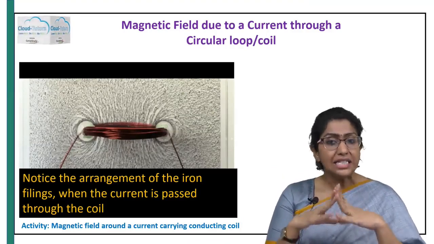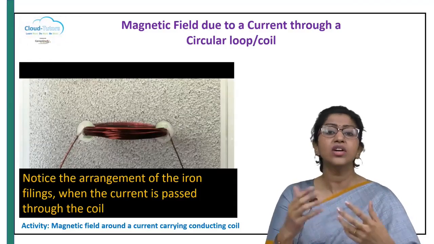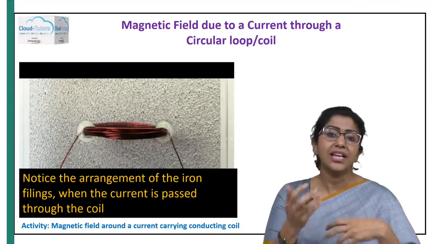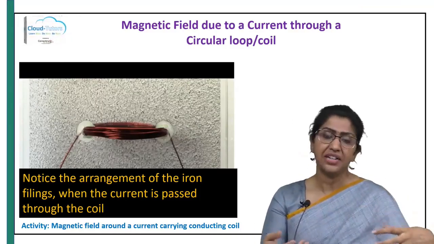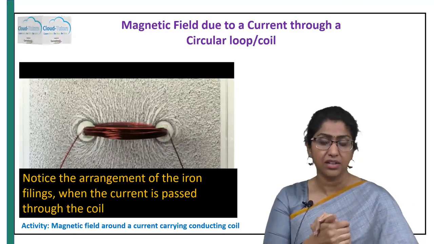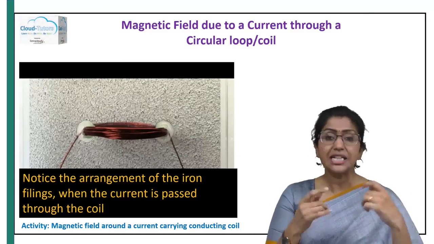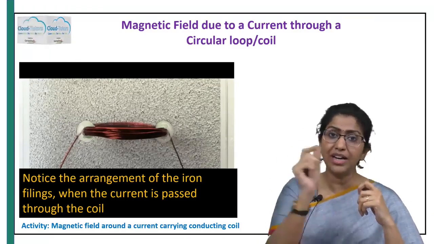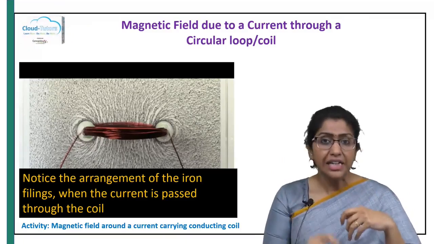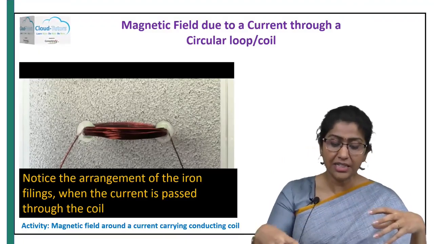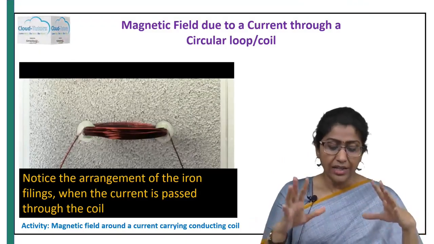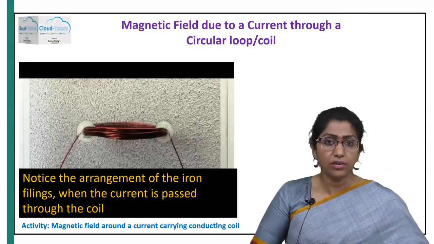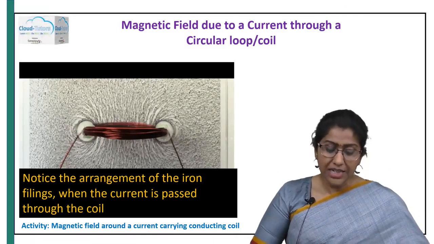Once Oersted discovered this effect, he also conducted a series of experiments to understand the direction and how differently a magnetic field is induced around different shapes of conductors, right? So now, as you can see here in the picture, what we have done is we have wound the copper wire into a coil. So even here you see that when iron filings are spread across, they are absolutely normal when there is no current. Current is flowing through the copper wire. As in, when we switch on the